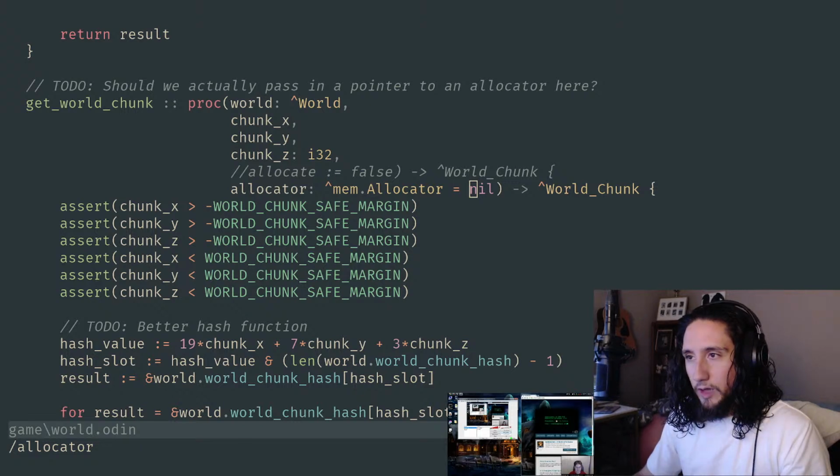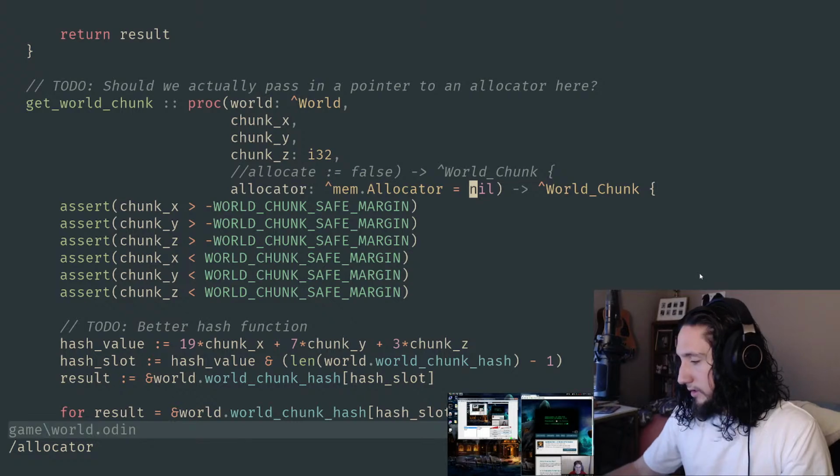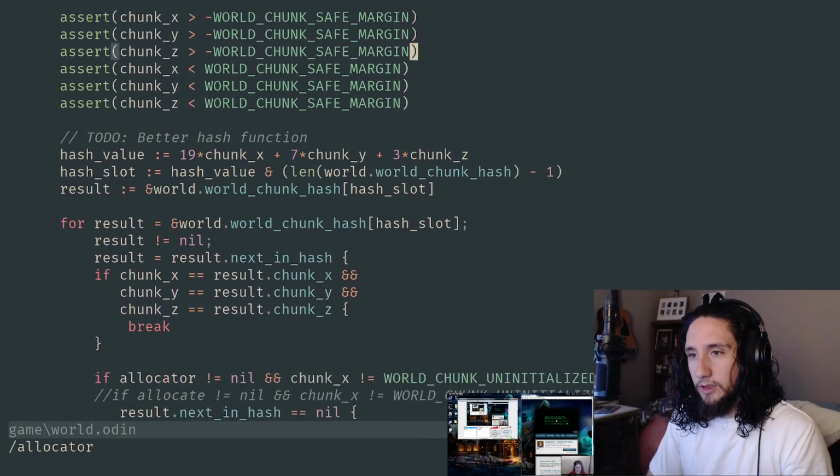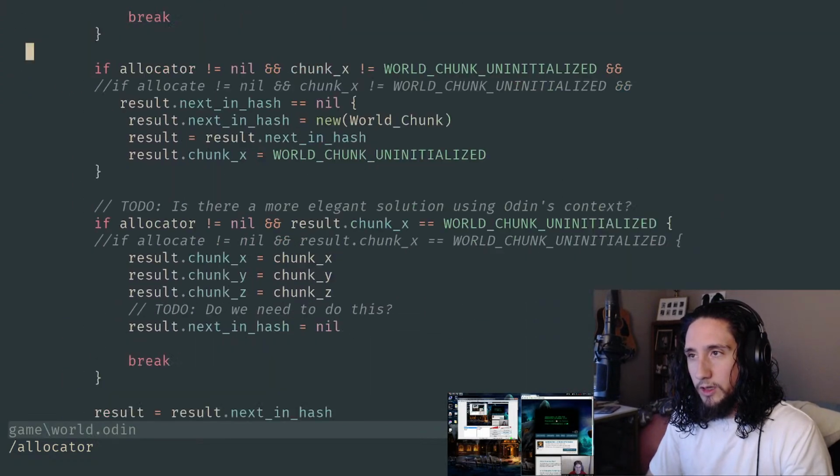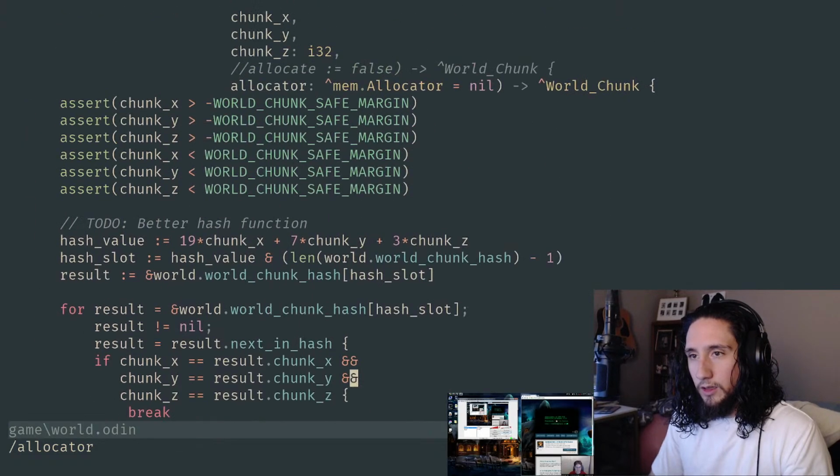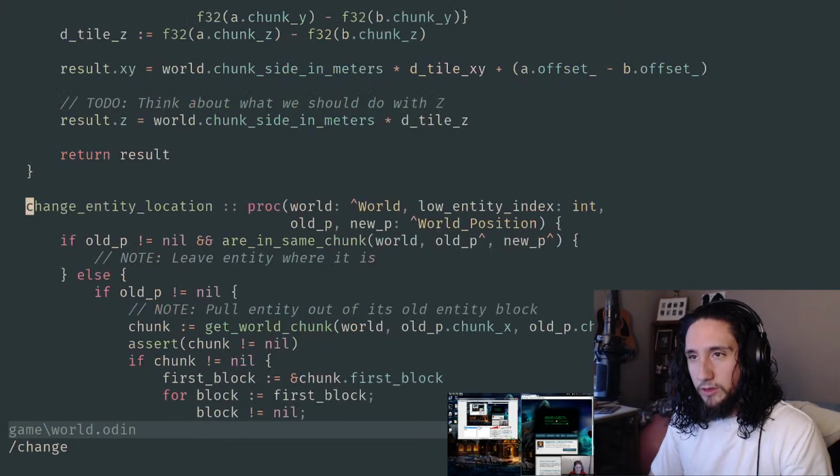Yesterday we worked on adding this spatial partitioning for entities to our budding game engine, and unfortunately I did not have the time over the past day since the last stream to really dig in. It was like change entity location.